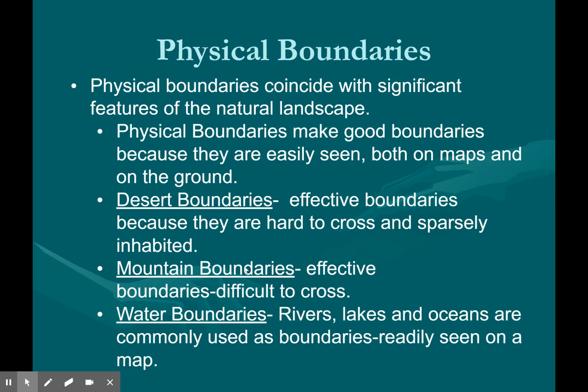Lastly, another physical boundary is waters. Rivers, lakes, oceans. These are very commonly used boundaries. They're very easily seen on a map. A river dividing two nations is very common. Or even if you look in the United States, rivers dividing states, we're going to see that as well. For example, a lot of southern Minnesota and Wisconsin are divided by the Mississippi. So we're going to see states be divided by water boundaries a lot, or the coast is going to determine it, or some sort of lake is going to divide the two states or two nations.